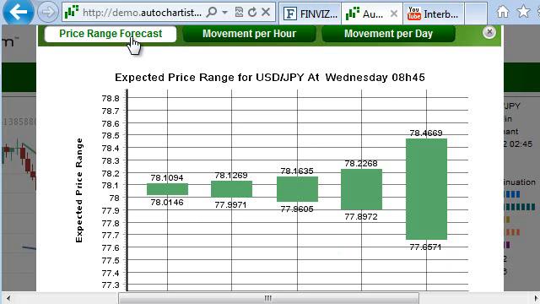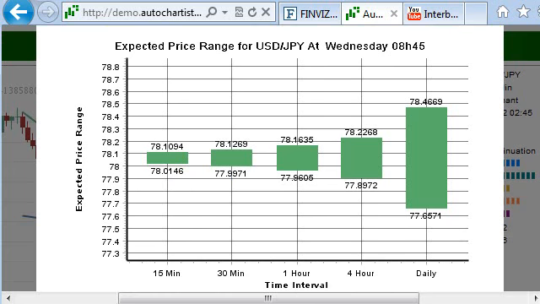So when I look at the price range forecast, this particular study is updated every 15 minutes. And it gives you an expectation for what kind of price movement we can see over the next 15, 30, 60 minutes, 240 minutes, and 1440 minutes. And you'll notice that the anecdotal way that we started this conversation, of a longer time frame presenting more risk because of potentially more price movement, also bears out visibly here. You can see the wider price range expectation versus the shorter term time frame.